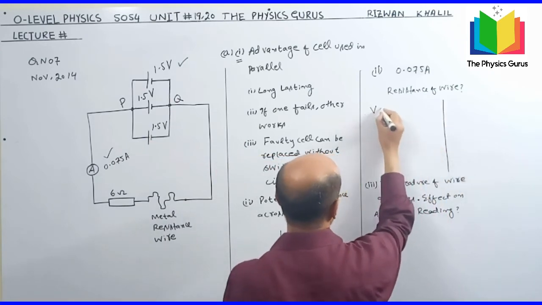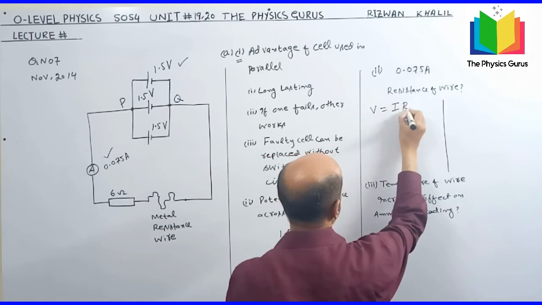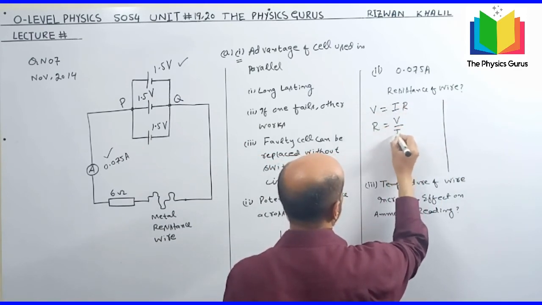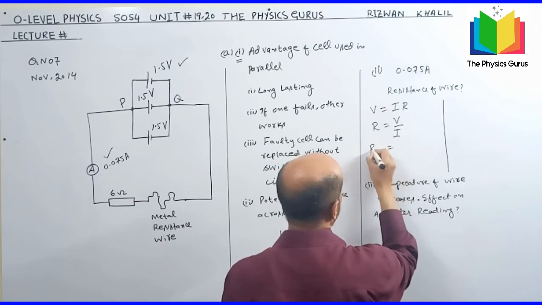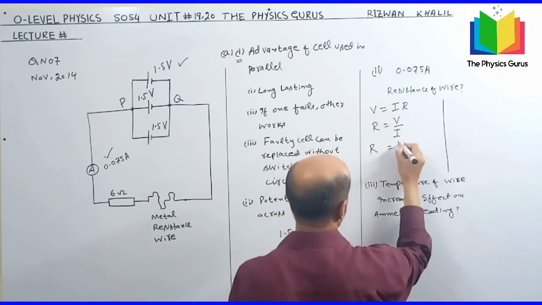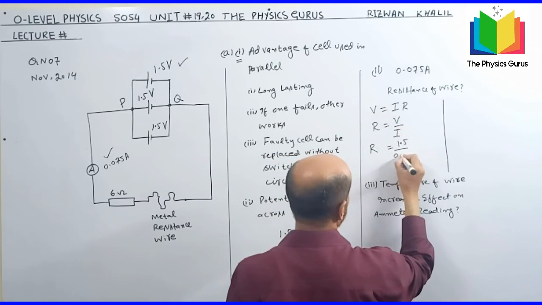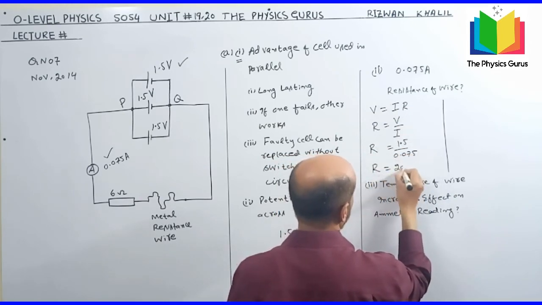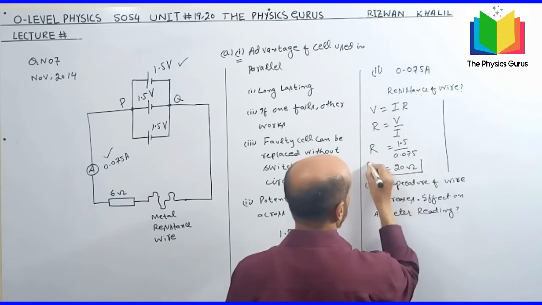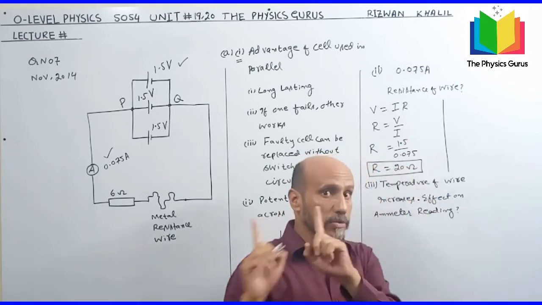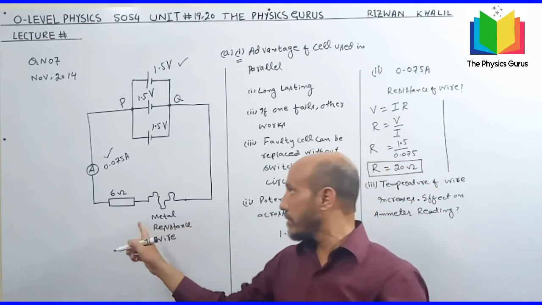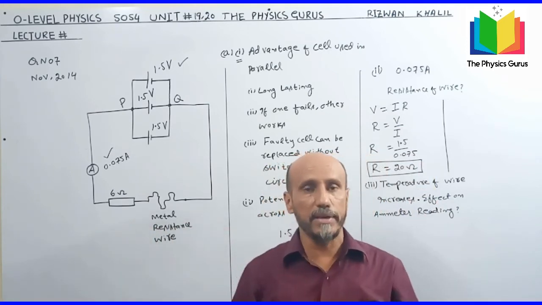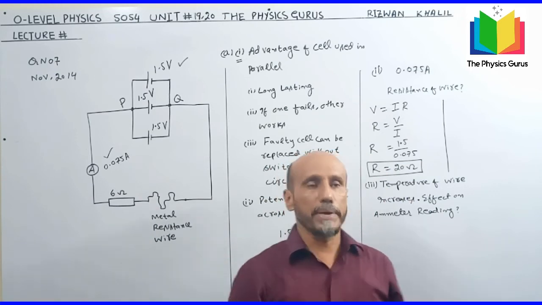V is equal to IR, so R is equal to V over I. R is equal to, what was the voltage? 1.5 volts, and the current was 0.075, and this will give you the value of 20 ohm. This isn't the value of the metal resistance, this is the value of the total resistance of the circuit, and in series combination we know that